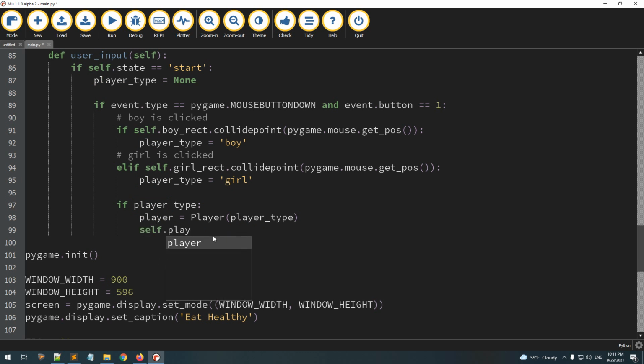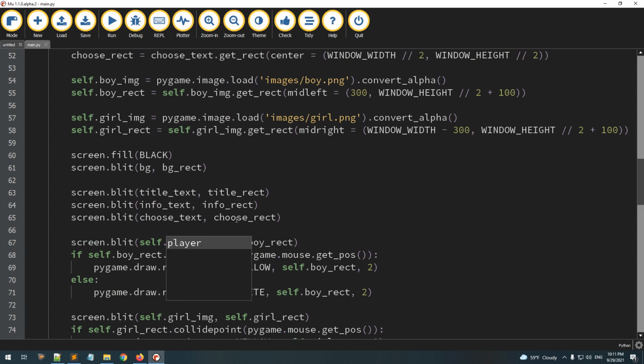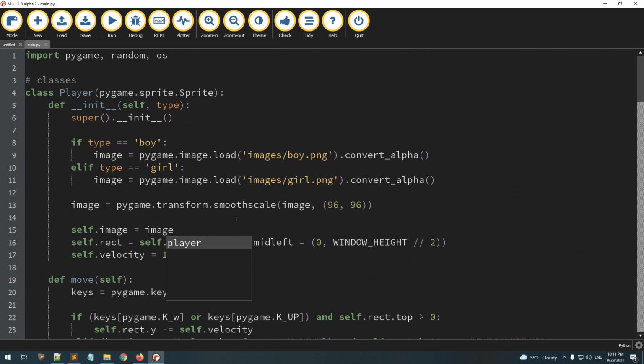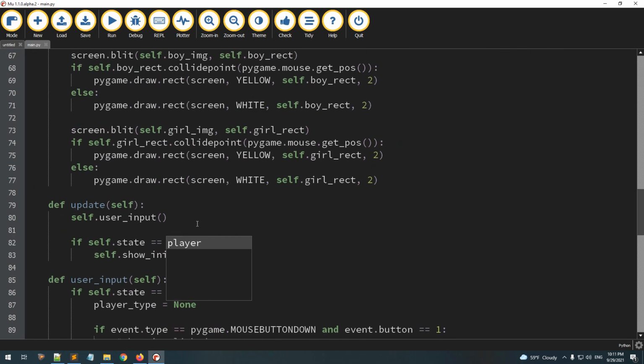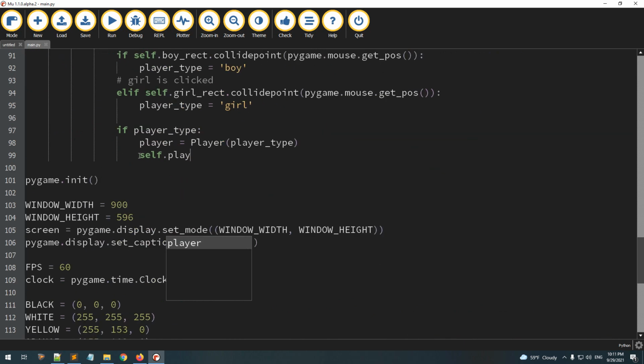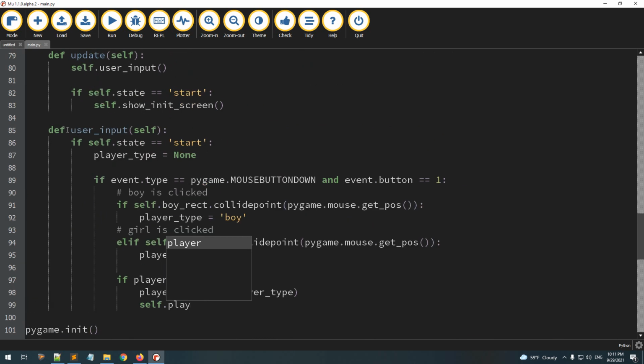So I'm going to create a player group, and I'm going to create the player group in here. So create a class variable because I need to access it outside of the user input method. Now, Pygame offers us two types of groups. One is just group, where we can add multiple objects, and we also have the group single,